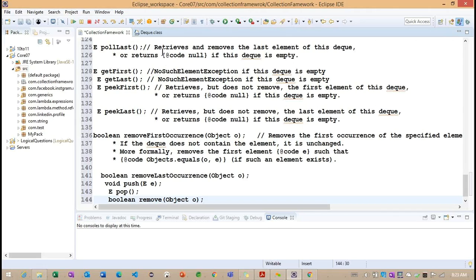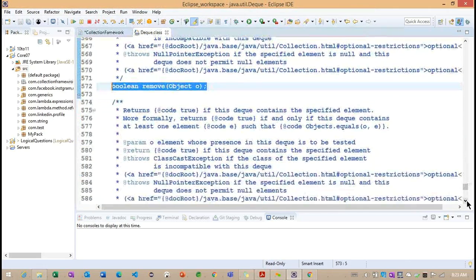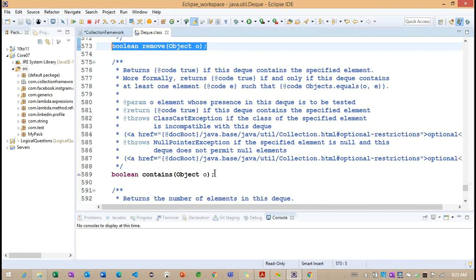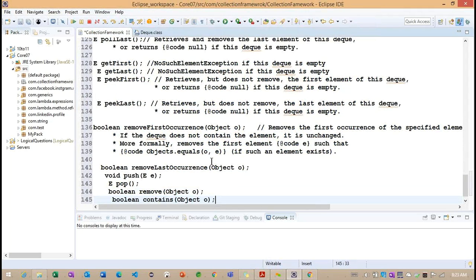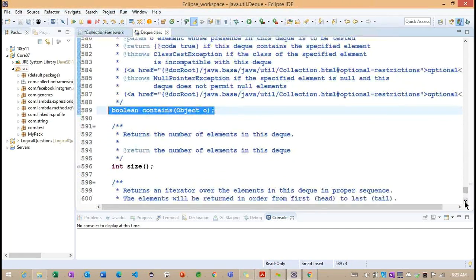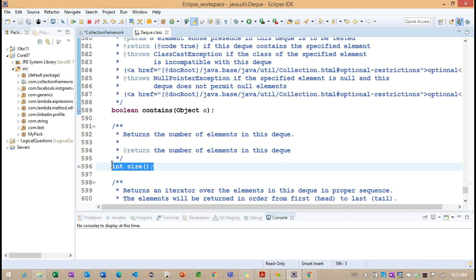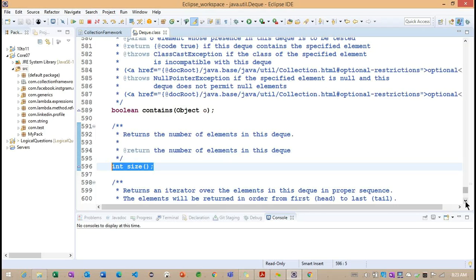So I'm just copying here. We'll try to focus on the implementation section. So how is each particular method implemented, right? The contains method: we already identified that it checks whether the given object already exists in the DQ or not. We find that out with the help of contains. The size method is used to find out the size of the particular DQ array.